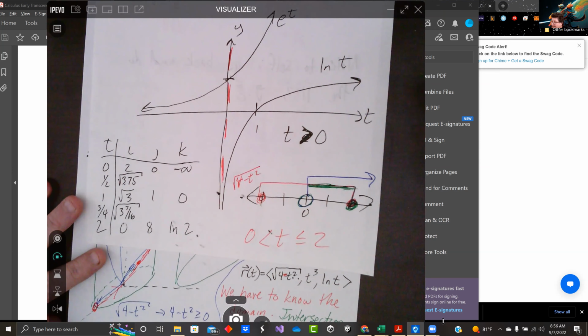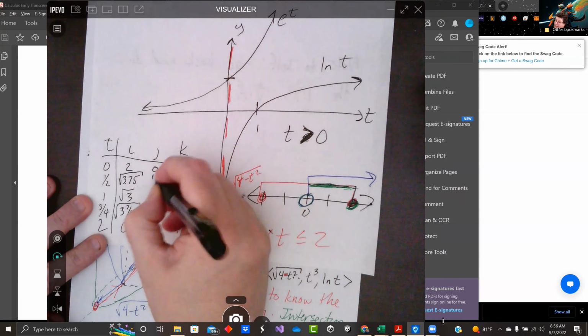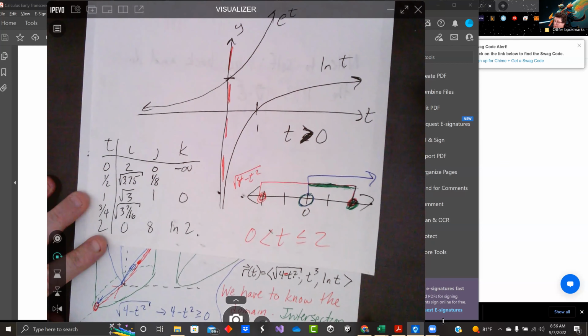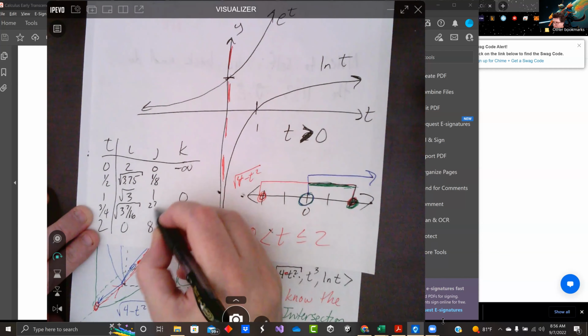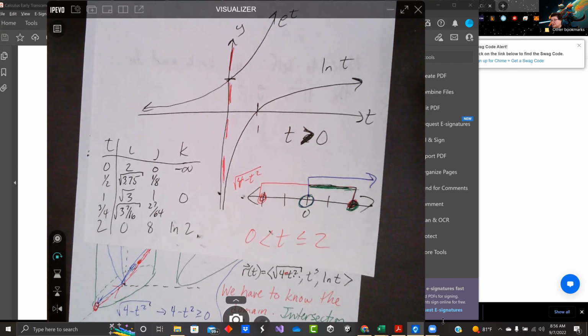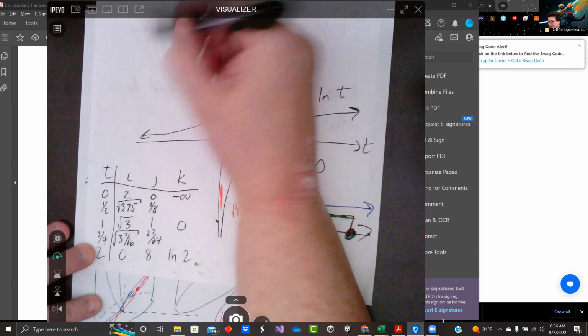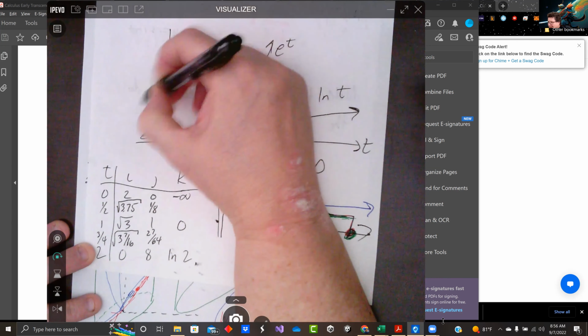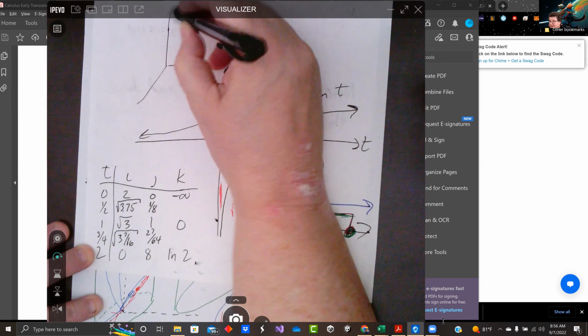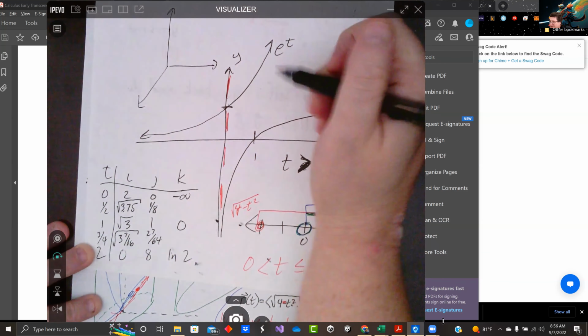God, these are getting ugly already, aren't they? That's 1/8, and we cube 1/2. We cube 3/4. 3 cubed is 27. 4 cubed is 64. Gets kind of ugly. I don't know how this sketch is gonna look. I don't know that I like it already. But I pulled numbers out of thin air, so let's just do it.